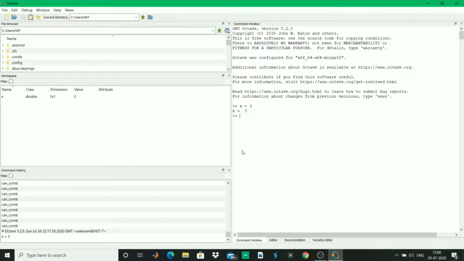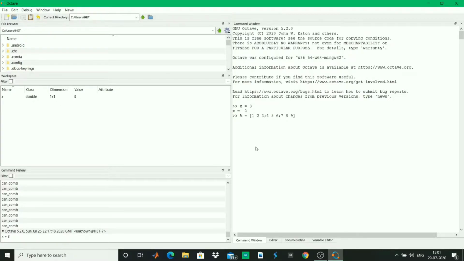Now, when there is a need of creating a matrix with more than one element, like a matrix that is 3 by 3, that means there are 3 rows and 3 columns. Now I'll be telling you what a row and a column in a matrix is. Let me give you an example. Like A, we create 1, 2, 3, 4, 5, 6, and 7, 8, 9. Now I'll be explaining how I wrote this.